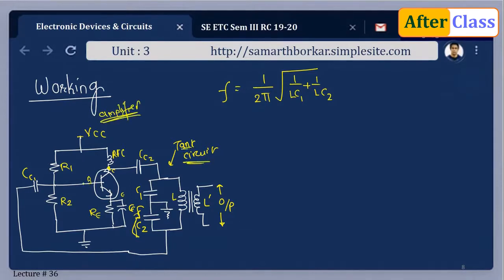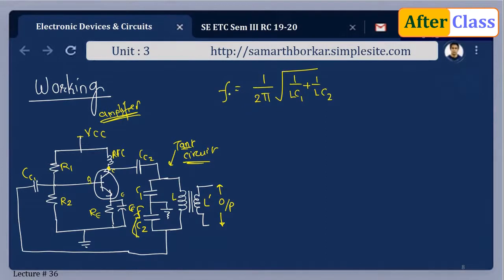So this is the tank circuit and here is the amplifier. Thus the tank circuit is getting continuous energy from the circuit to make up for the losses occurring in it, and therefore it ensures undamped oscillations. Whatever losses occur here on account of transfer of energy from electrostatic to magnetic are compensated by the output from this amplifier, and thereby we are going to have undamped oscillations. So we are going to have the output of constant frequency and constant amplitude, and the frequency of operation is given by this expression which we are going to derive shortly.